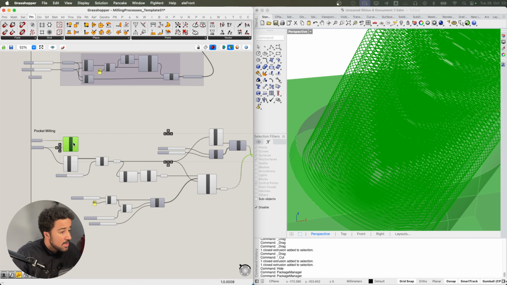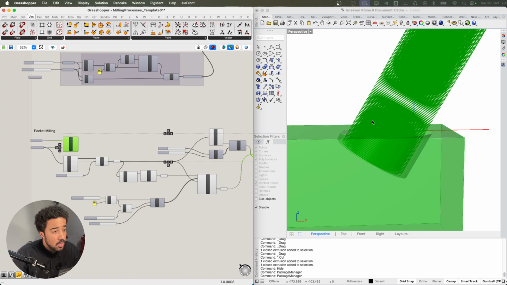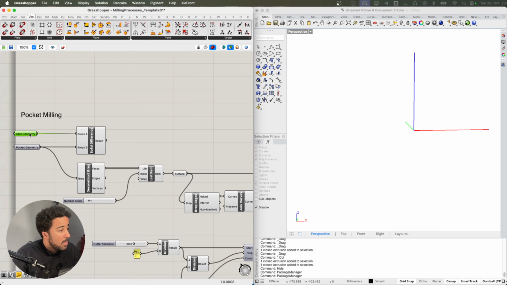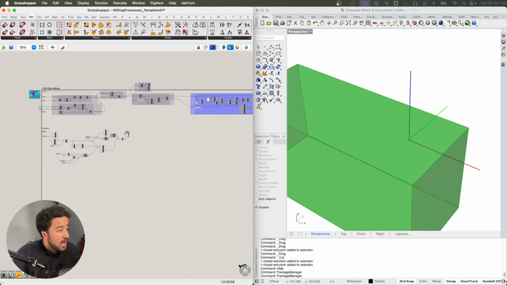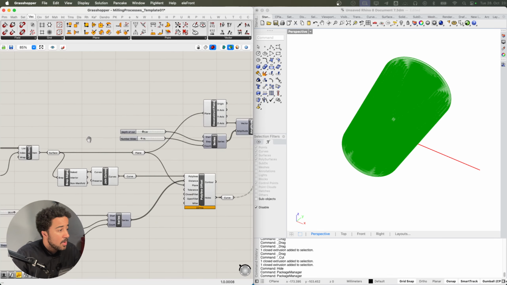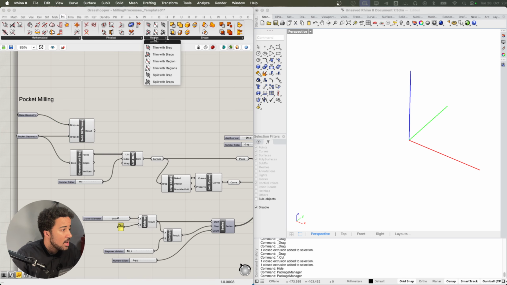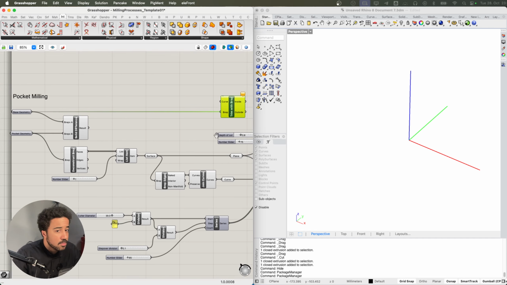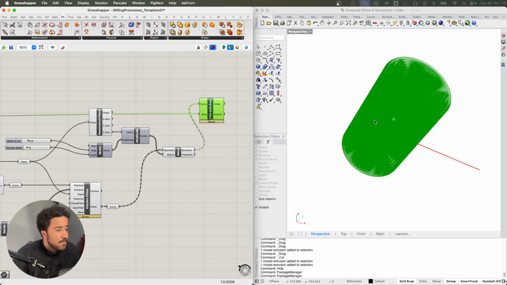Now, the amount of offsets that you need is, of course, dependent on how far away or how big your actual base geometry is. So now we created way more than we need, but we can then use our base geometry, so the one without the cut, as an input to trim away all of the curves that we don't need. So in order to do this, I will use the intersect trim with brep, use my base geometry as the input brep, and use the curves we created as the curves in the input.